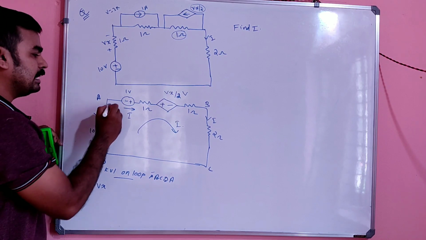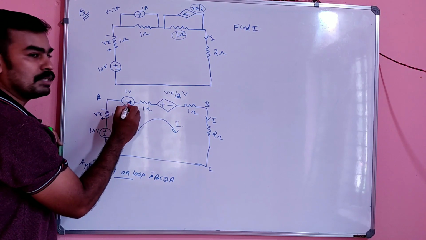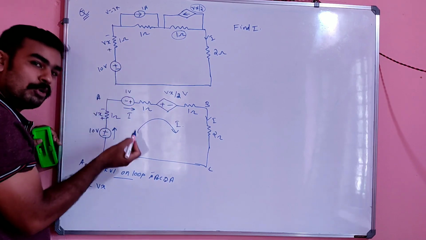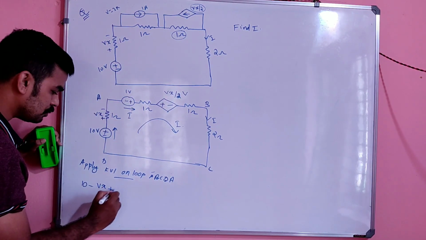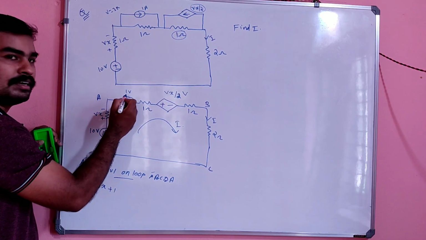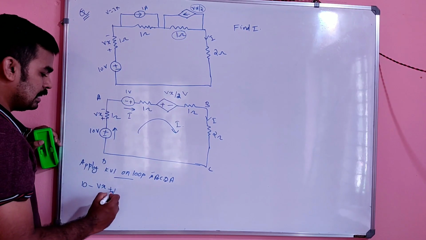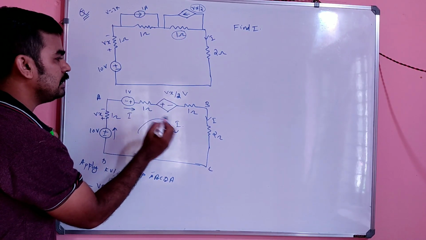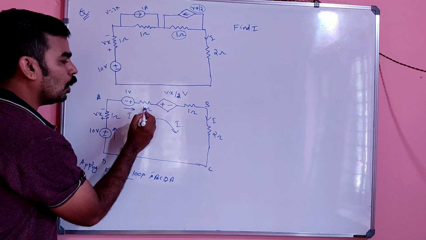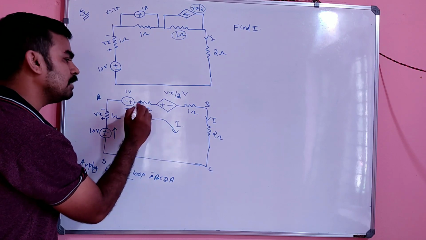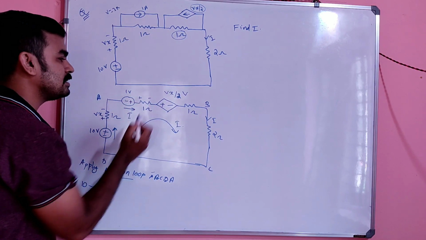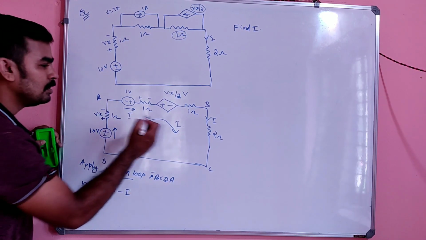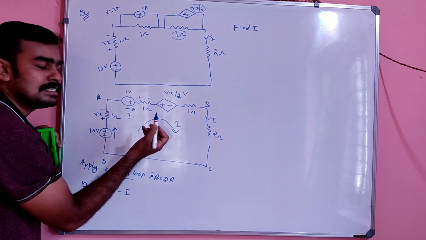Minus Vx. And again coming to here, it will be an increase in potential inside the cell, because minus to plus is a rise in potential. So it will be plus 1. Vx plus 1, right? So again, across 1 ohm due to current I, there will be a drop, plus and minus. So this is nothing but minus I into 1, it will be minus I simply.